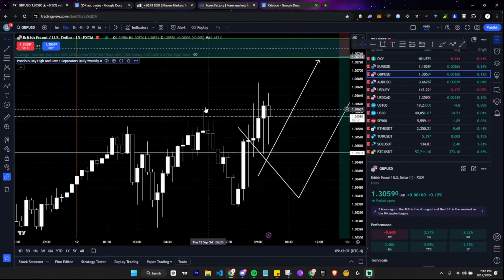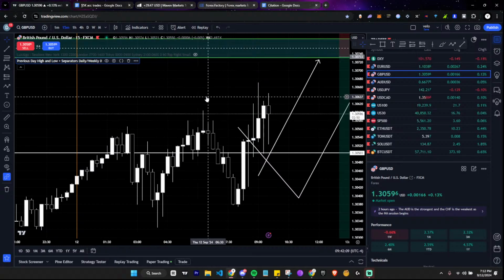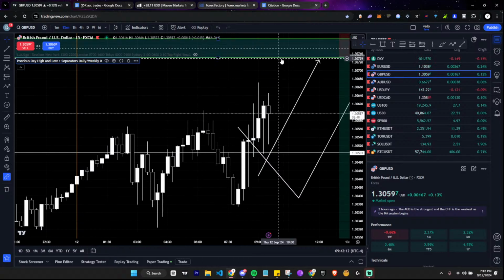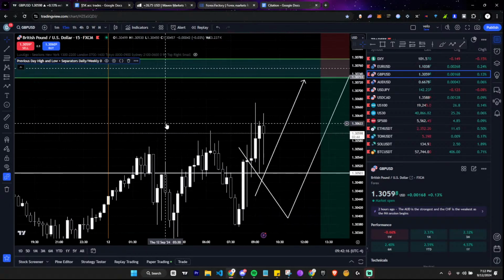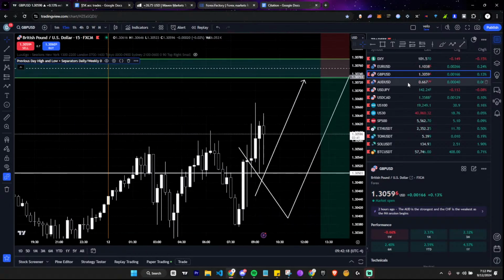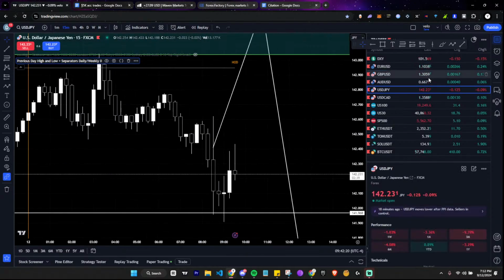We can see this market structure shift, but it wasn't really convincing. But it was a market structure shift. We pulled back, and we seem to be following order flow over here. So again, there's a lot of rejection wicks here. So that's also probably why I didn't take it. I'm not too sure why I didn't take it at the time, but I am in fact